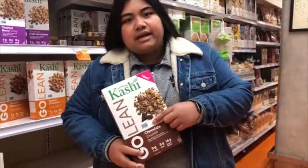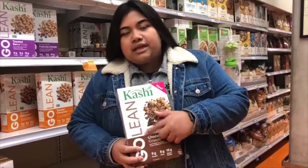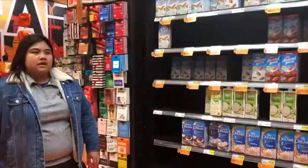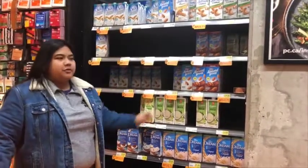I would like to mention that in North America, non-GMO products can be labeled, but products with GMO don't have to be labeled, such as the cereals that were in the aisle before. Another method that was pointed out in class by our professor was the method of boutiquing,